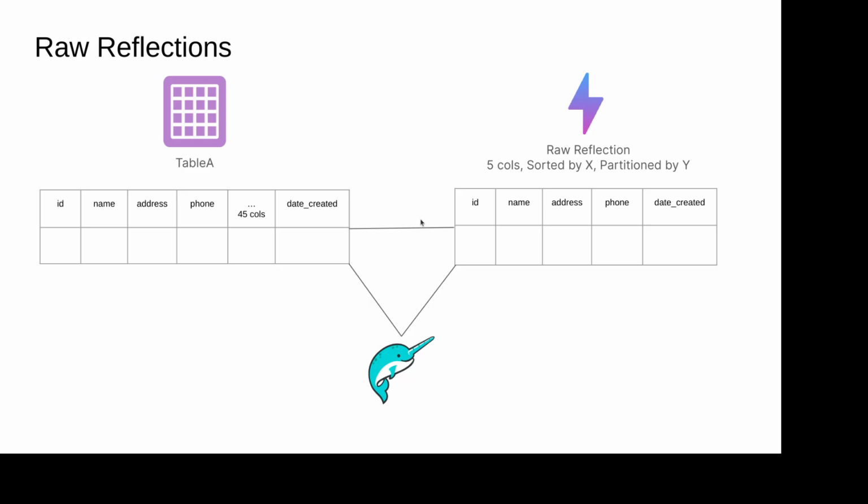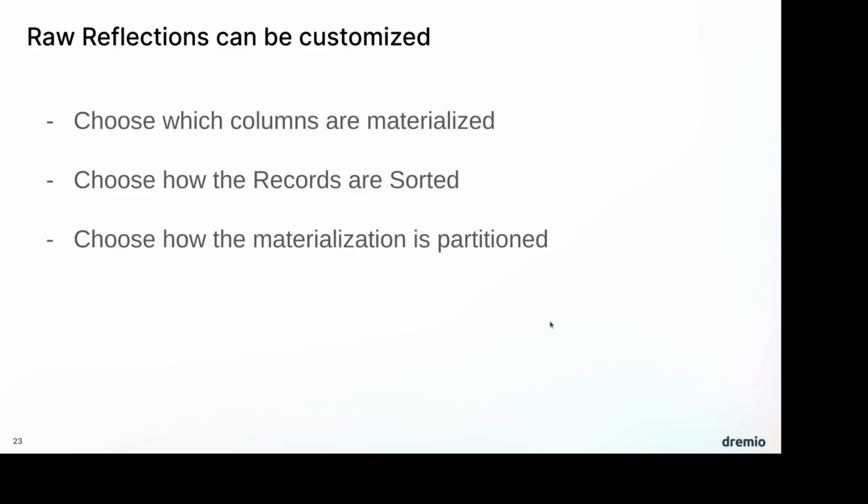So it makes a lot of the engineering a lot simpler, because I just think about, hey, what is the version that I need? Then I can either design the reflection on it, or I can design a view and then reflect the view. Either way, Dremio will handle syncing it and recreating it and keeping it up to date.